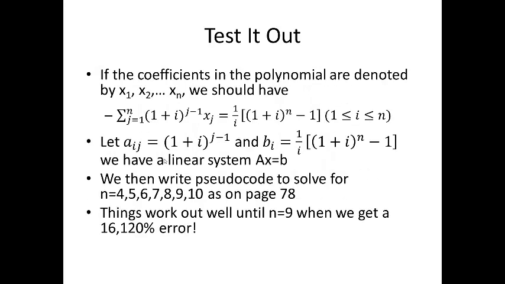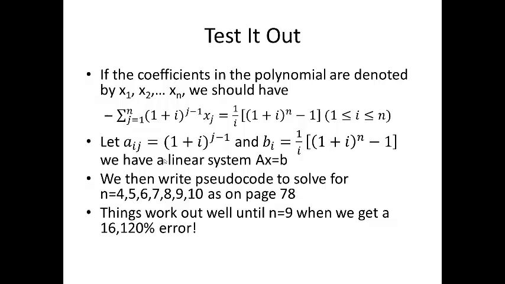If the coefficients of the polynomial are denoted by x1, x2, through xn, then we'll have the following formula. a_ij is going to be (1 plus i) raised to the j minus 1, with b_i equal to 1 over i times (1 plus i) raised to the n. And this gives us a linear system Ax equals b. We can then write the pseudocode to solve it for n equals 4, 5, 6, 7, 8, 9, and 10